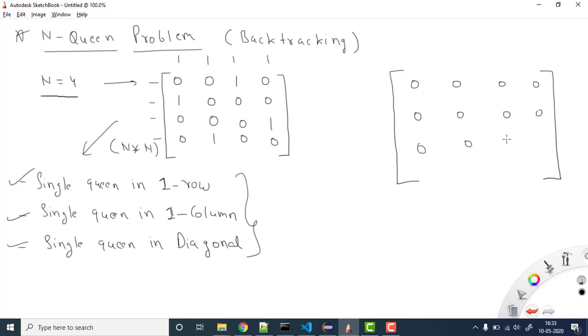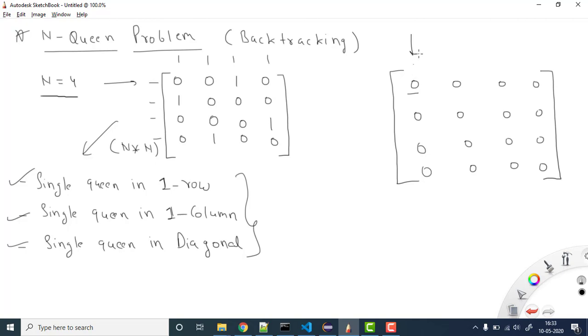So here we have all values starting at 0. Now what I will do is start from the first column, and I will put a value and check whether I can put it in this particular place or not. So this is the first column, and I will check for each row where I can place this value in this row at this place.